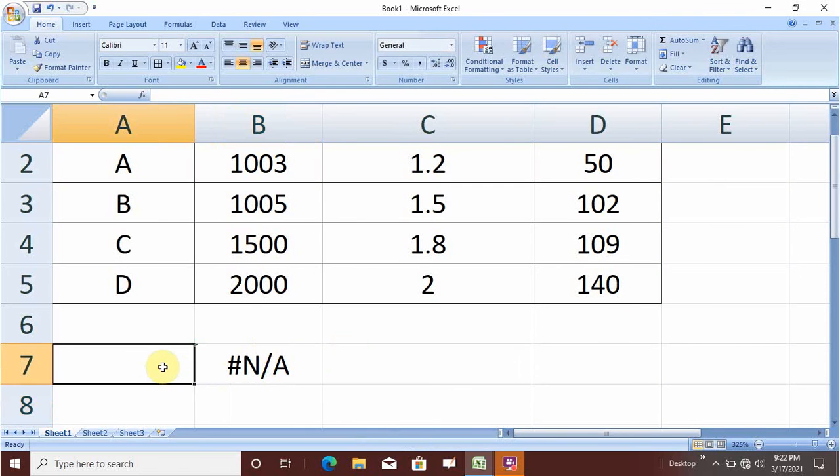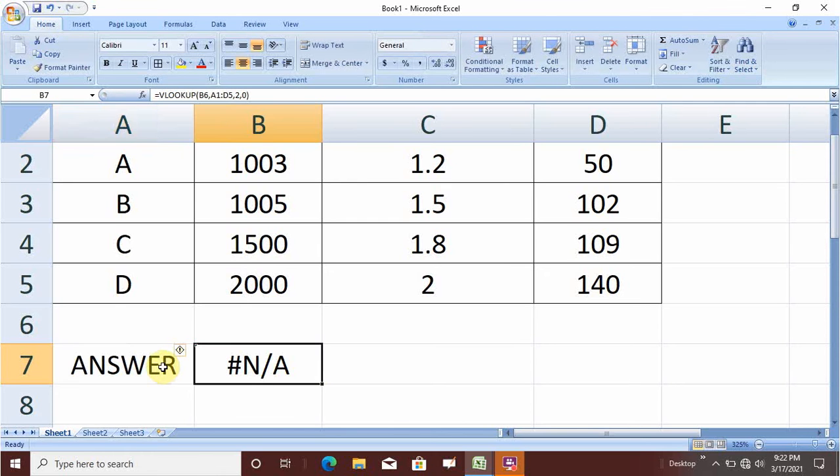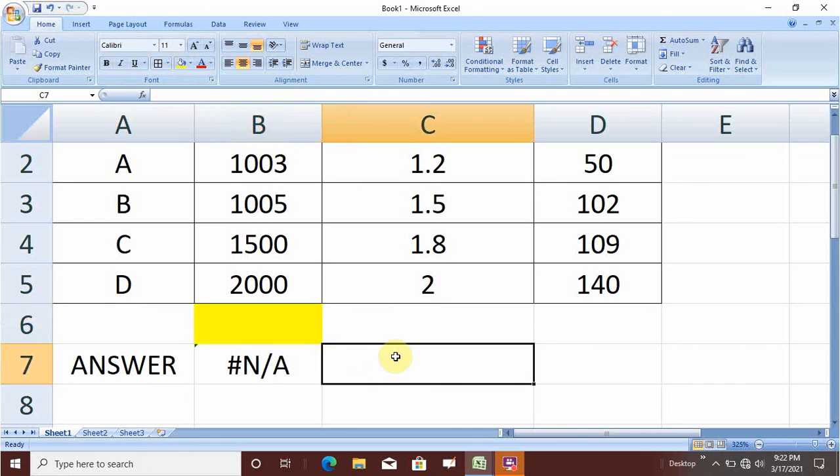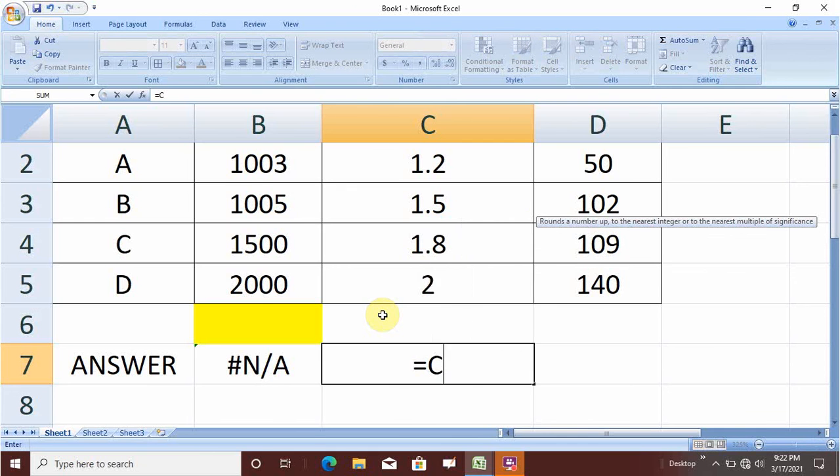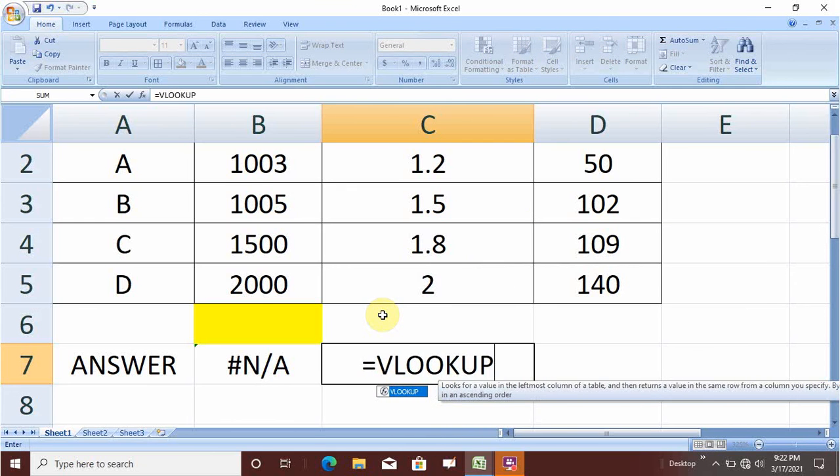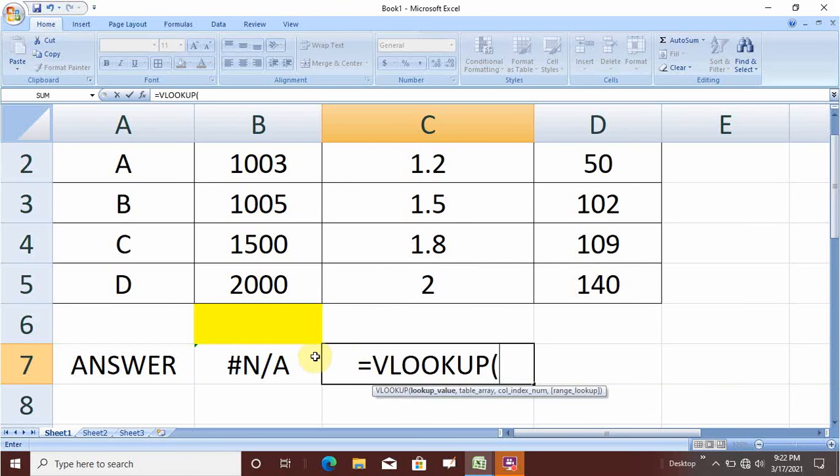In the same way, let us see how the current ratio will be calculated. Suppose we have to find out the current ratio. Then again we start with the function VLOOKUP. We put the variable field. You can color it if you wish. If you don't want, you need not color it.